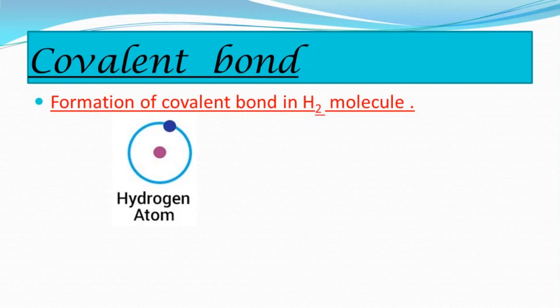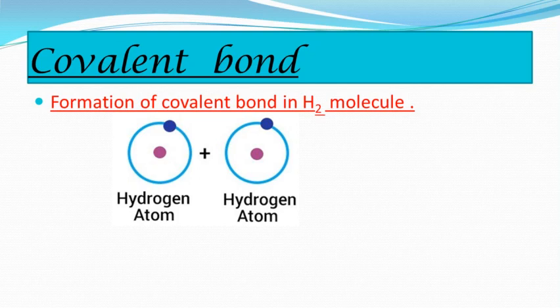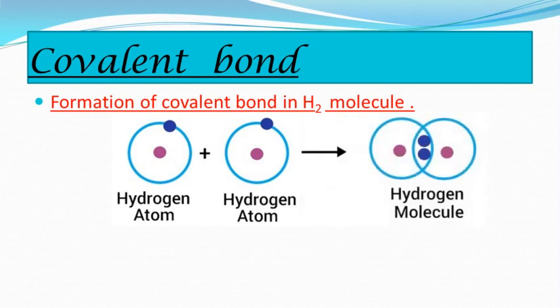The two atoms of hydrogen are identical and have a similar tendency, and therefore they share their electrons with each other. As a result the electron duplet of both the hydrogen atoms is complete and a chemical bond is formed between them. The chemical bond which is formed by sharing of valence electrons of two hydrogen atoms with each other is called a covalent bond.